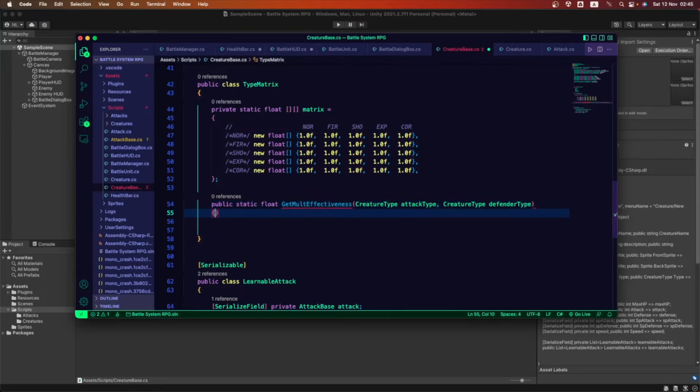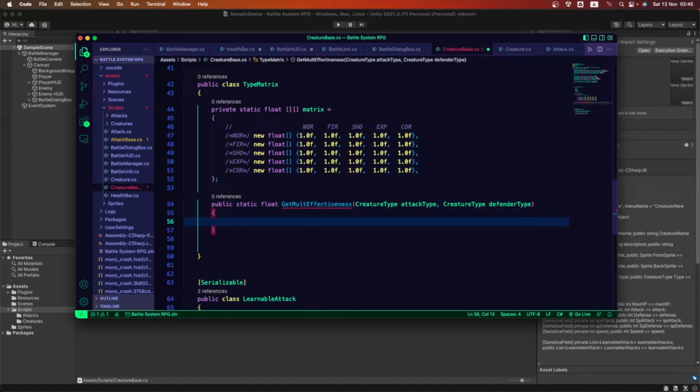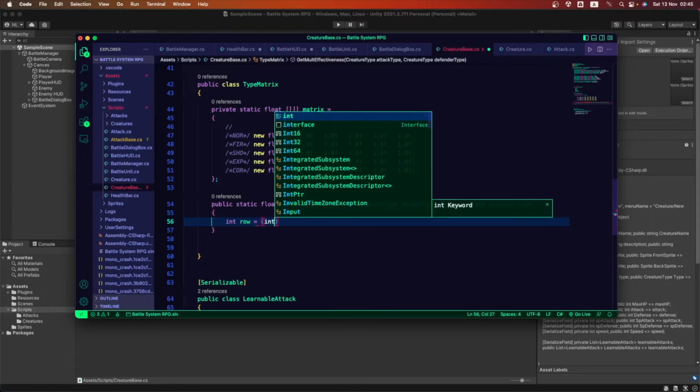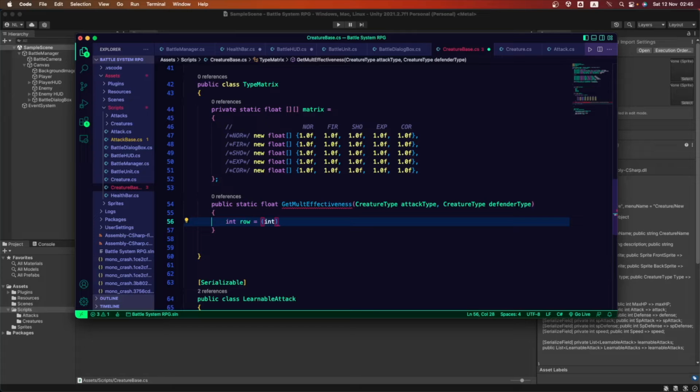And inside this one, we are going to assign two values. Okay, first we want to get the value from the row that we're gonna be using. Okay, so let's open up here parentheses. This is gonna be an int to see which value of these rows we're gonna be using.